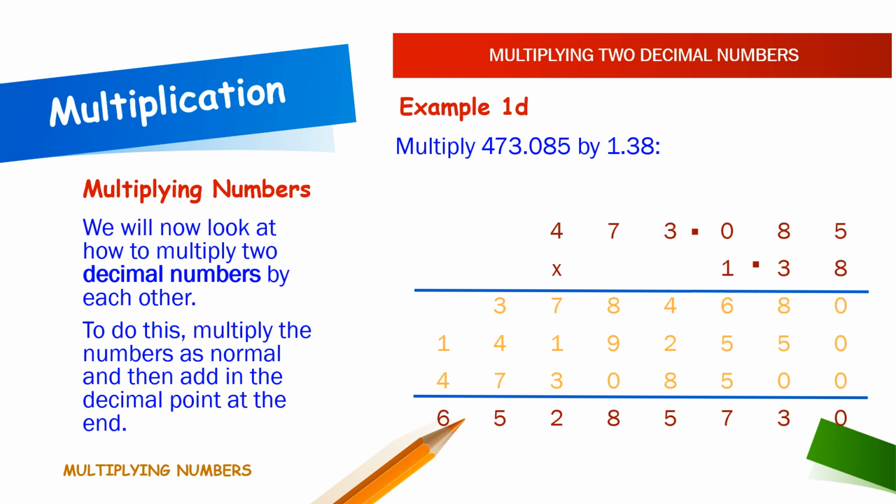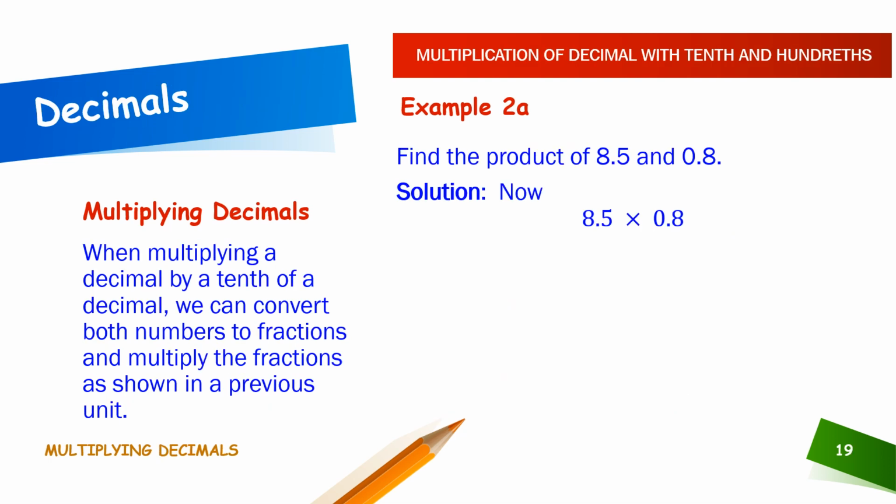Since there are 3 places after our first decimal number and 2 places after our second decimal number, then we can add these 2 decimal places and in our final answer position the decimal point so that the answer is to 5 decimal places. To give us 652.85730. When multiplying a decimal by a tenth of a decimal, we can convert both numbers to fractions and multiply